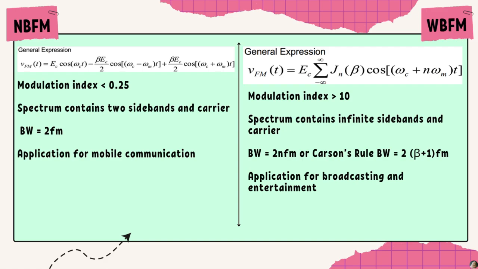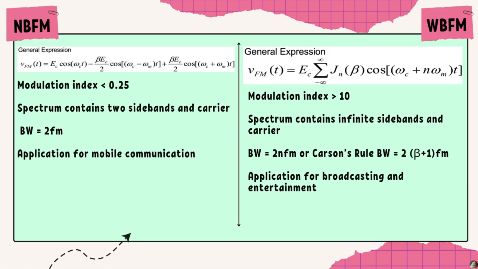FM has two main types based on the modulation index. First, narrowband FM, NBFM. The modulation index is less than 0.25. The bandwidth is equal to 2 fm. It is commonly used in mobile communication where smaller bandwidth is sufficient. On the other hand is wideband FM, WBFM. The modulation index is more than 10. The bandwidth is calculated using Carson's rule, BW equals 2(β + 1)fm. Ideal for broadcasting and entertainment due to higher fidelity and wider range. The key difference is that WBFM uses more bandwidth to achieve better sound quality, while NBFM is compact and efficient